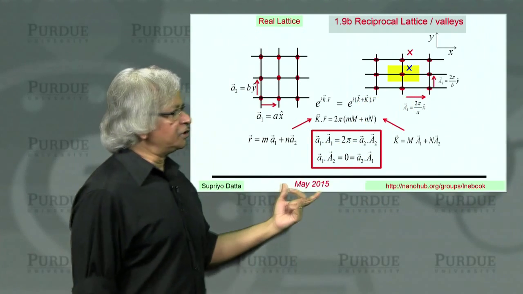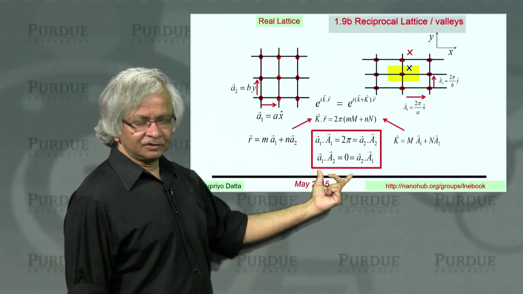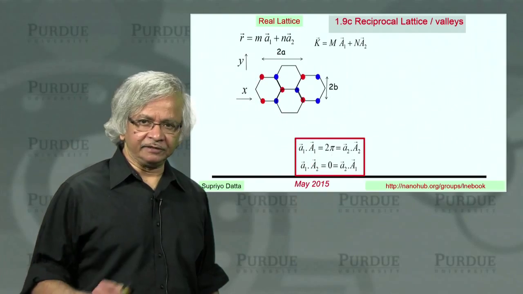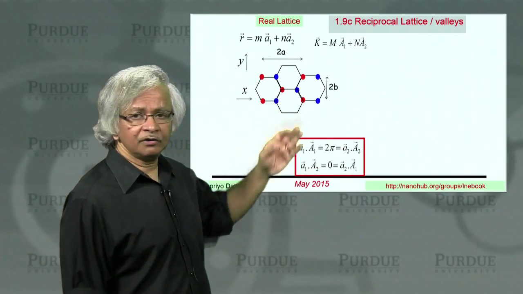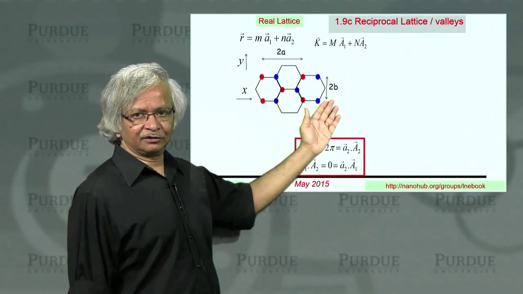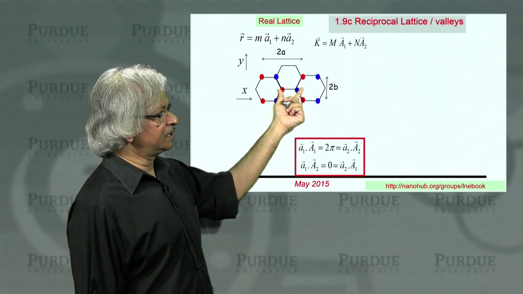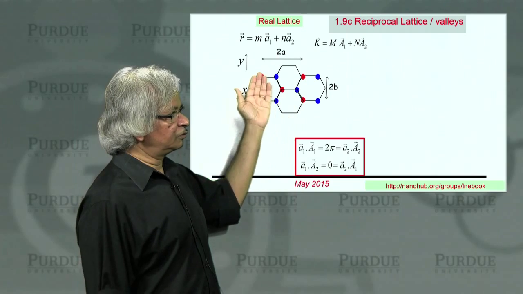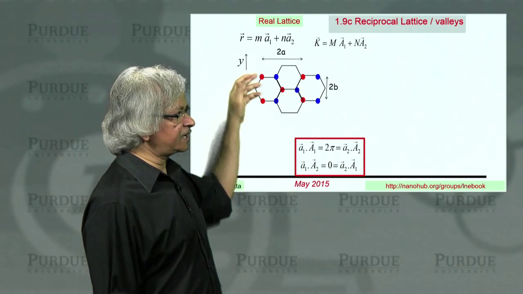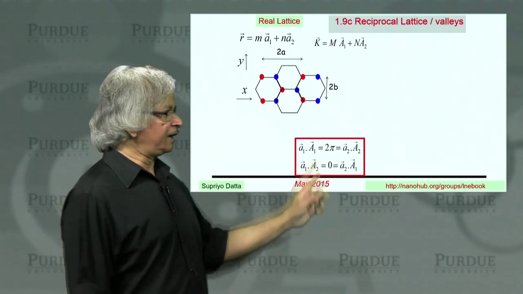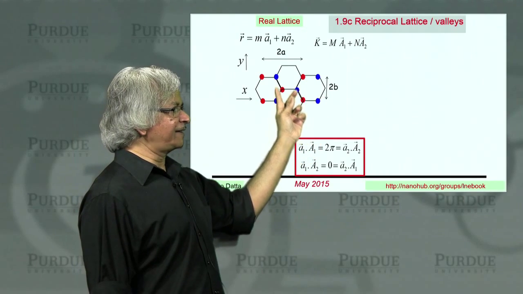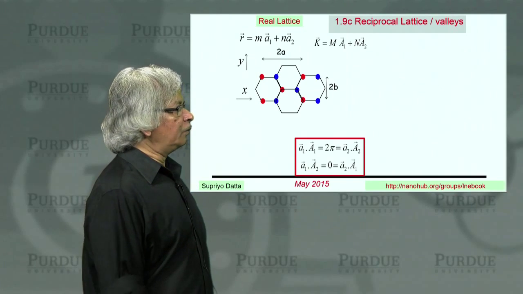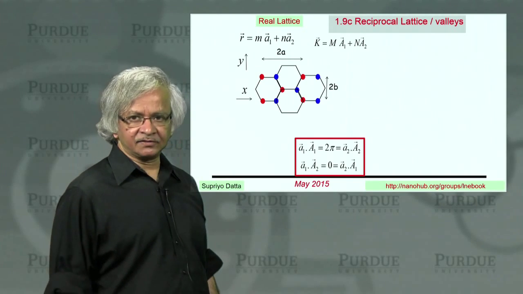Okay. So we'll now use this general principle to construct the reciprocal lattice for graphene. Graphene, as you know, has this hexagonal structure, and what we have shown here is one unit cell connected to 2 unit cells on this side, 2 unit cells on that side. And as you know, you're supposed to think of the red and the blue as one unit. Okay? Now, first question is, what are the basis vectors?